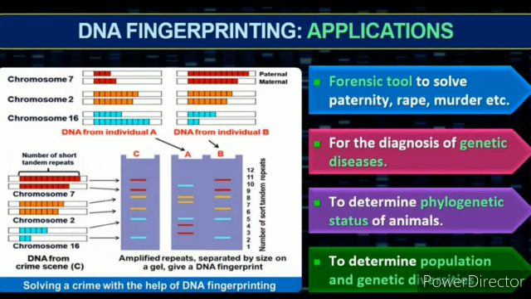Then we should go to the applications of DNA fingerprinting. First one, it is used in forensic science. It has much wider applications, such as determining population and genetic diversities. Currently, many different probes are used to generate DNA fingerprints. Forensic science is the use of scientific knowledge in legal situations. DNA profiling is used to solve crimes and medical problems.